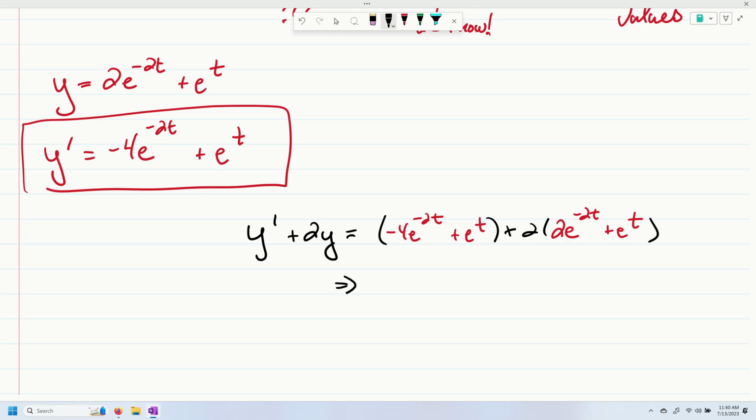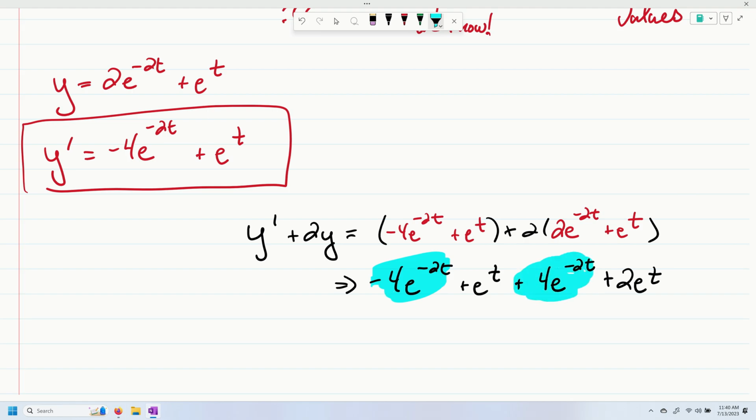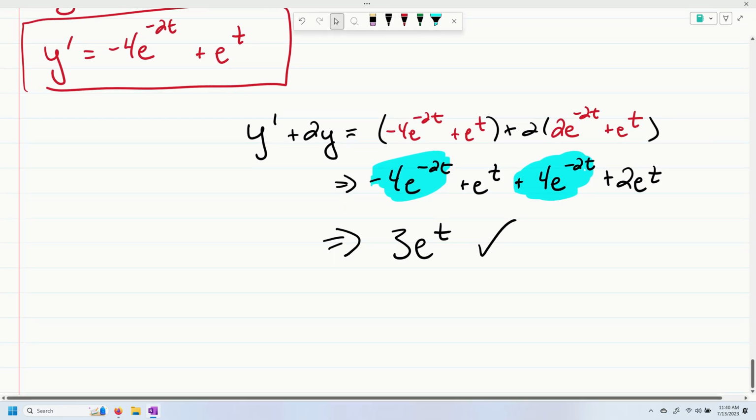Now we're going to go ahead and distribute. Negative 4e to the negative 2t plus e to the t plus 4e to the negative 2t plus 2e to the t. Please note you have negative 4e to the negative 2t plus 4e to the negative 2t. They are going to reduce. And when you group all your like terms, you get 3e to the t, which is exactly what you wanted. All right. So now that we know that this is a solution,